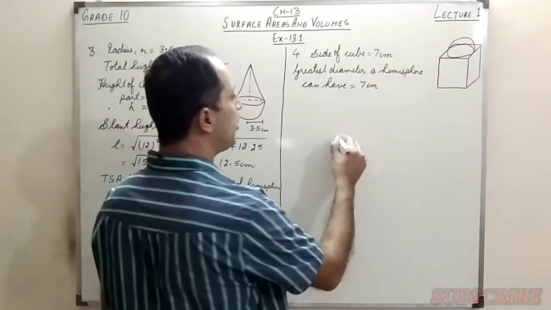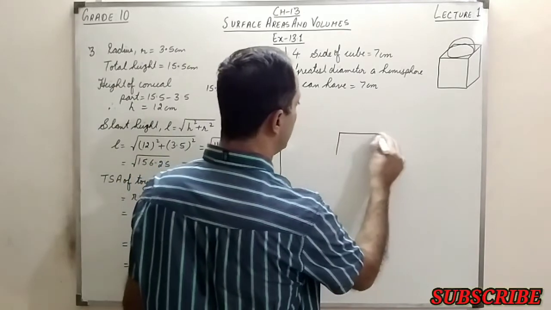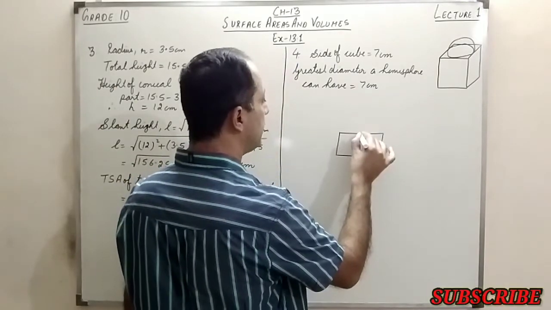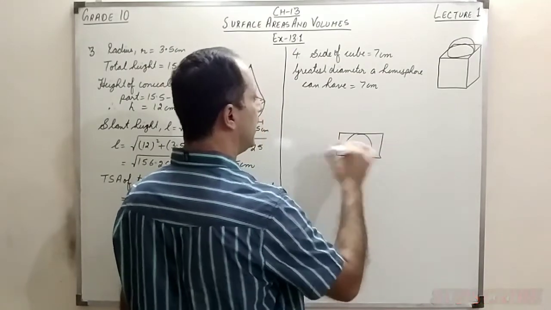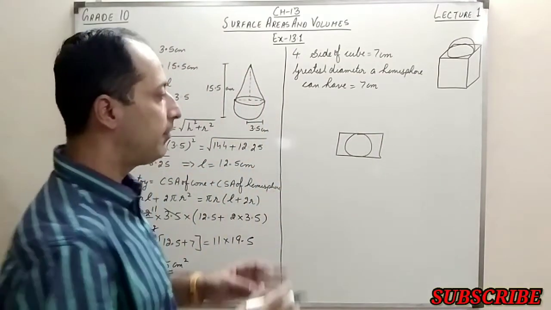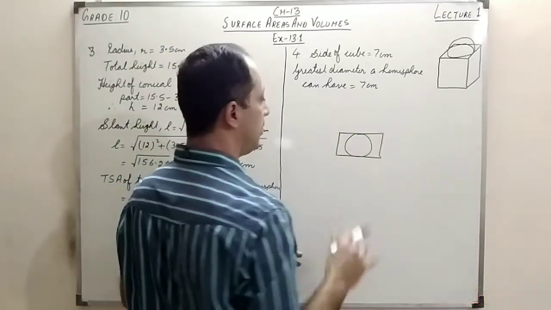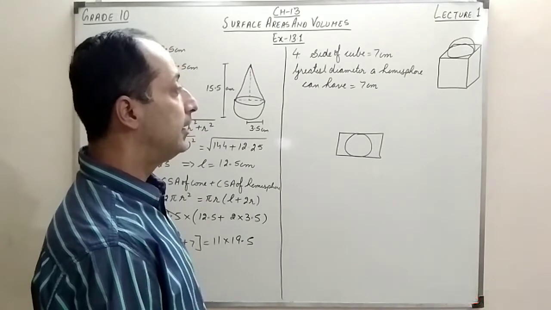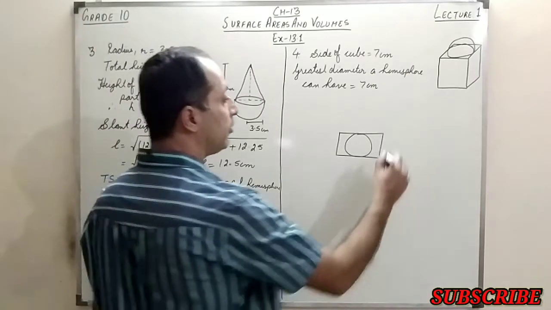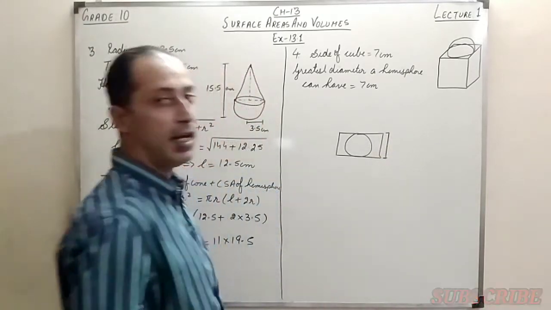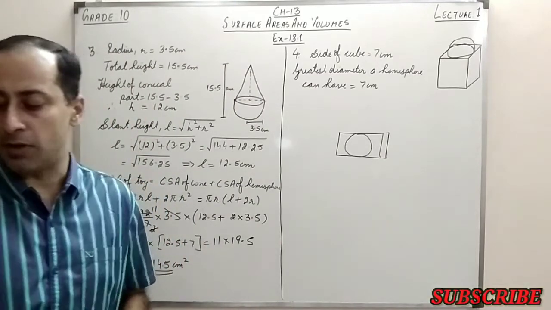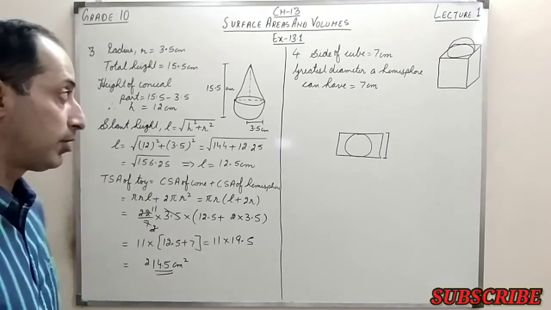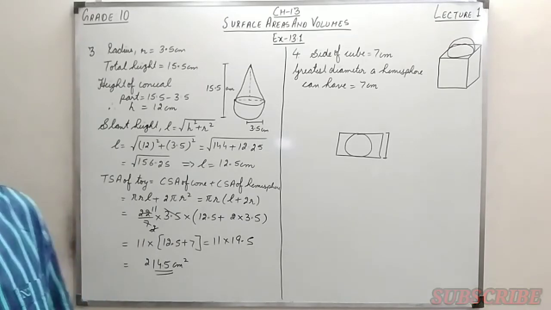Suppose it had been a cuboid, a rectangular shape on the top, something like this. Then if you want to make a circle over this, this is the top view basically. If it's a cuboid shape and we are fixing a hemisphere over it, in that case the greatest diameter would be the width of the rectangle. Here the sides are equal, so it doesn't matter whether it is length or breadth, because all the sides of a cube are equal, right?